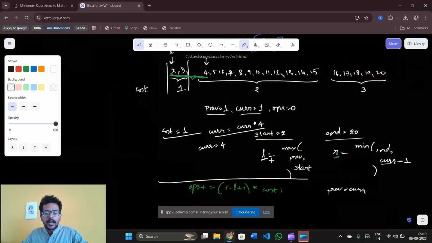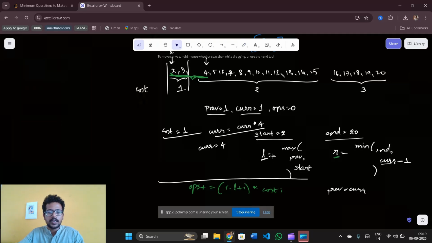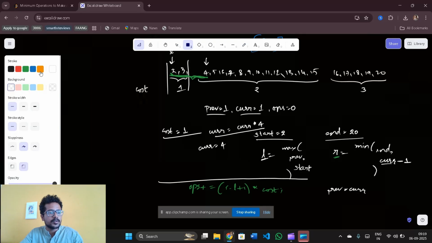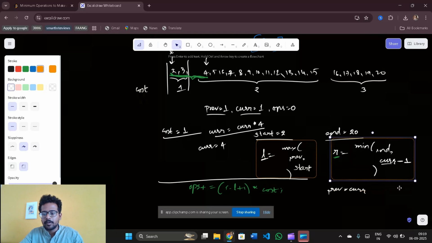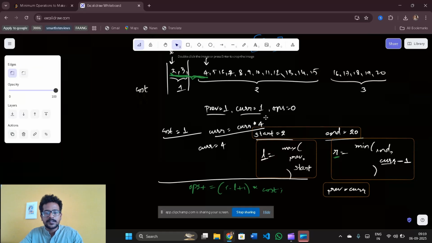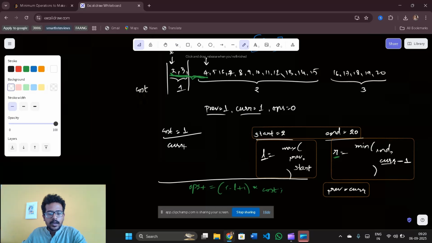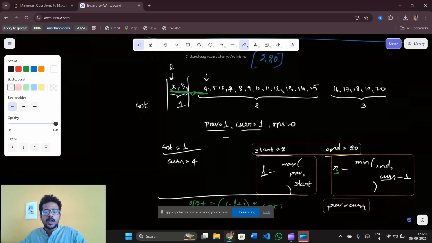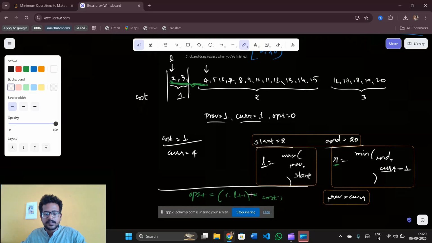So I got the R, I got the L, right? So let me just take it in boxes. L will be like this and R will be the minimum of n comma previous minus 1, and I have previous equal to 0. These are just the code snippets, right? Start is equal to 2 and end is equal to 20. Now current is equal to current into 4. Current is here 4. Now I have got operations plus equal to R minus L plus 1 into cost. What is R? R is the minimum of end comma current minus 1, which is nothing but